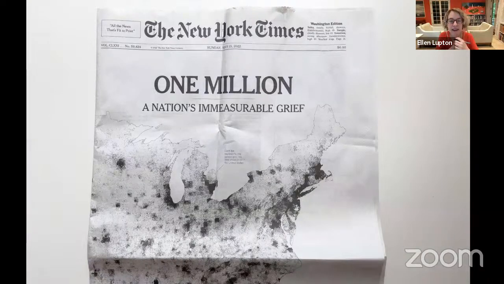The last thing I want to show you is an interactive graphic and this beautiful print graphic published just last week by the New York Times on the occasion of 1 million people dead in the United States alone from the pandemic.